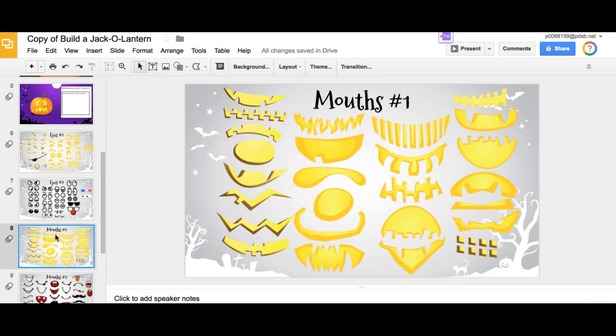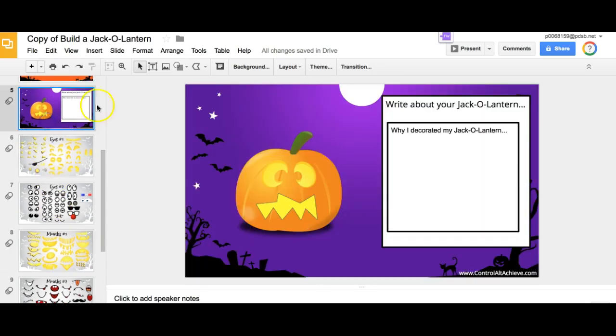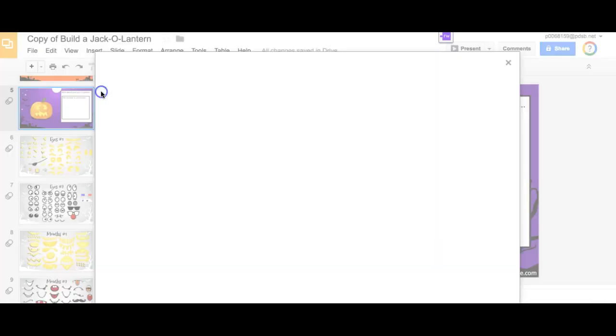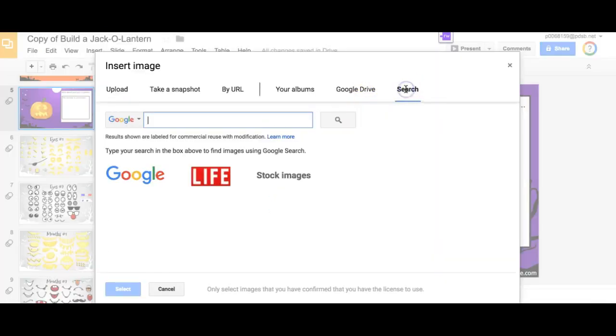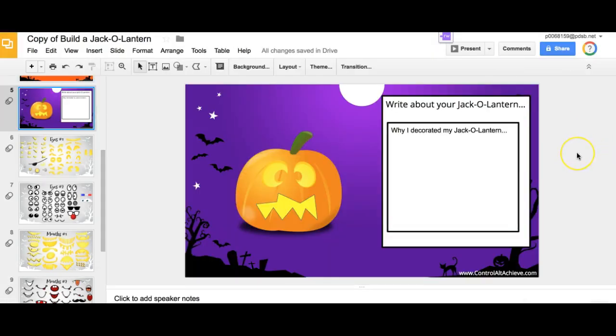If it was characters in a literature class, then again it could be how would we draw those characters and give them templates, and they can always either draw their own or they can go to Insert Image, and then they can even do a search right within Google from Google Slides. So it's just a fun way to promote some creativity within the classroom and our 21st century competencies by highlighting those and showing that each of our learners is